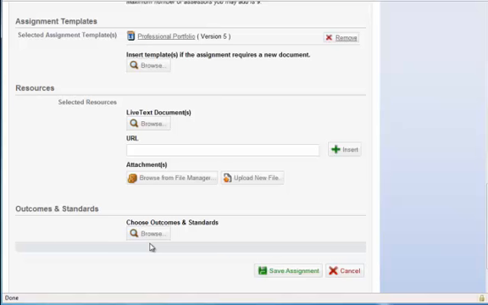It's only the standards assessed by this assignment. Again, it's very specific, and it should be only just a few that you would add to your outcomes and standards here. Once I click on Save Assignment,